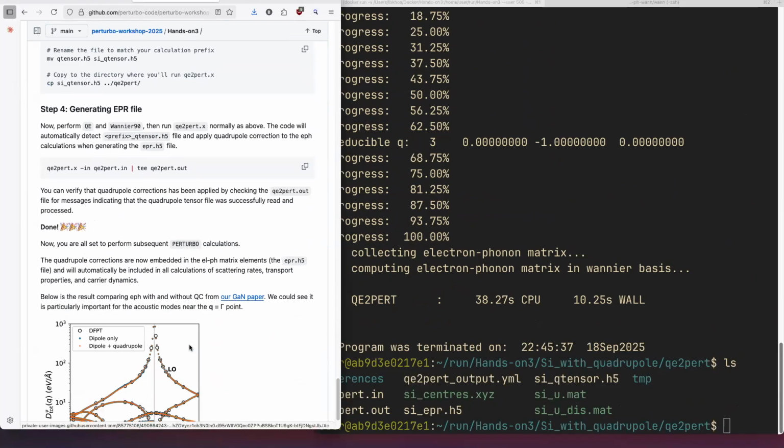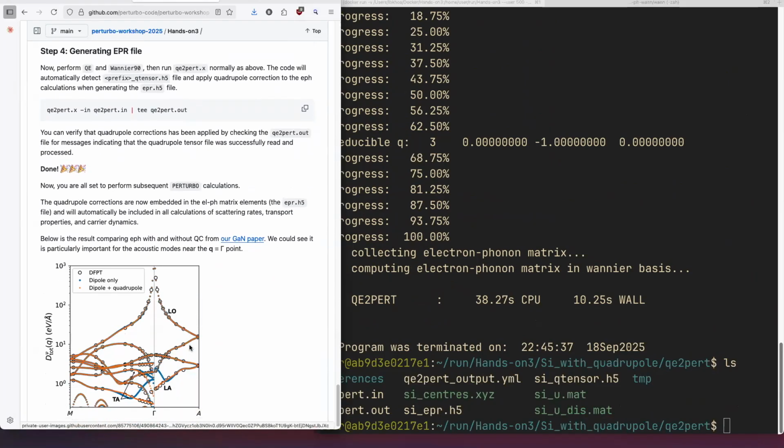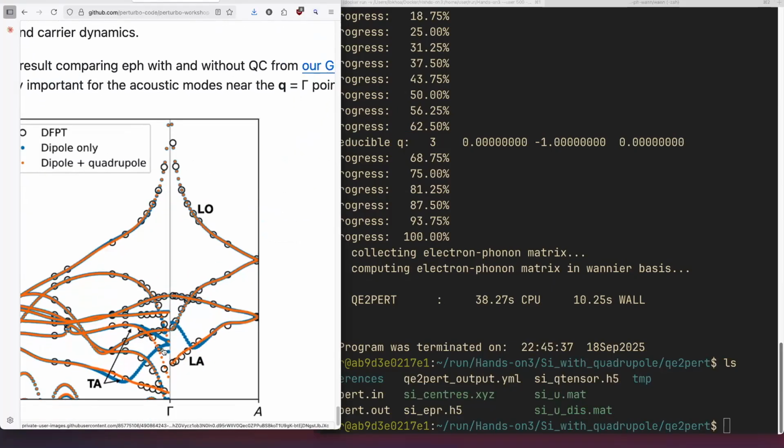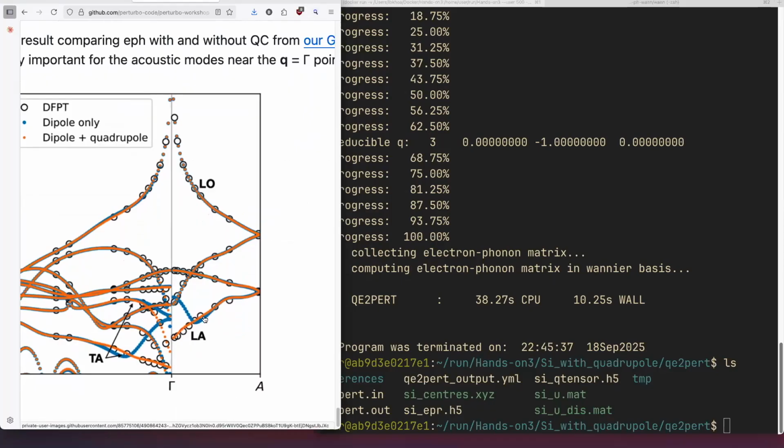For the time being, I'm not gonna show all the calculations, but you are welcome to do so. So this is from our paper right here to compare the electron-phonon coupling with dipole correction only and with dipole and quadrupole corrections. So as you see here at the zone center, especially for the acoustic phonon mode, without quadrupole corrections,